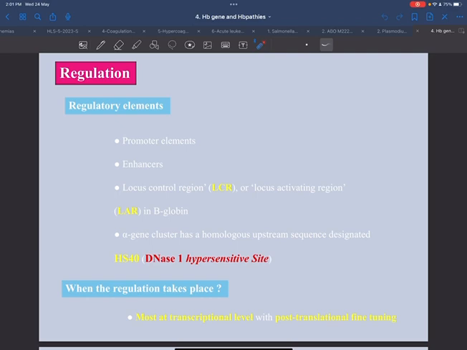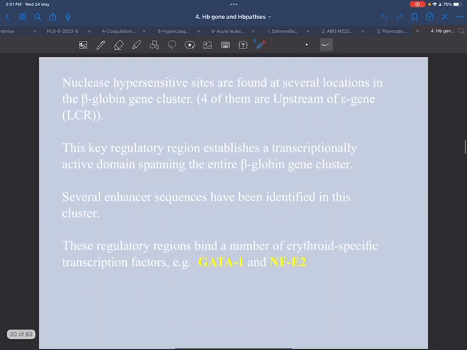فكلمة at what level or when the regulation takes place: starting from the DNA structure or the chromosomal structure until the end، اللي هو post-translational process. ولكن معظم الريجوليشن بصير على مستوى transcription and we have also post-translational modification. ايش post-translational؟ بعد ما صنع البروتين I could do certain modifications as a regulation process. هلا المنطقة اللي حكينا عنها، nuclease or DNase hypersensitive sites are found at several